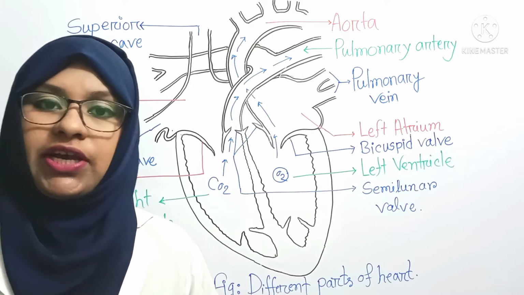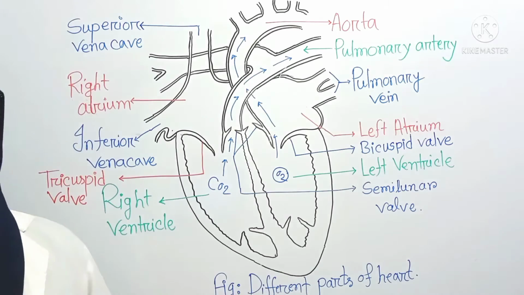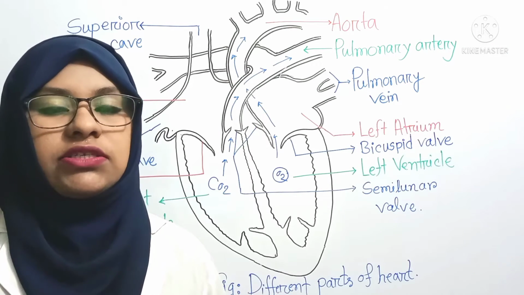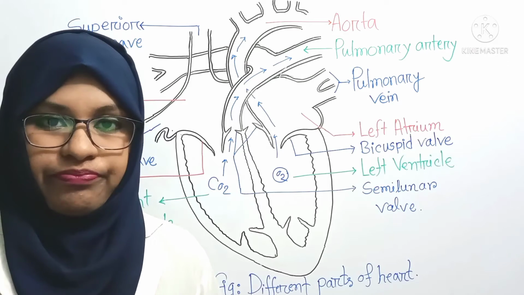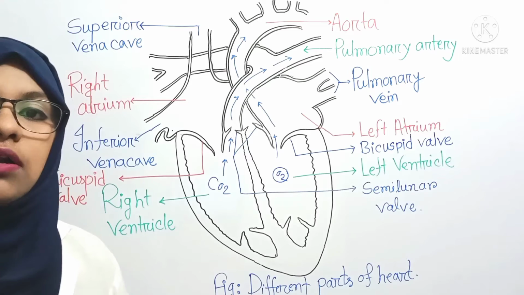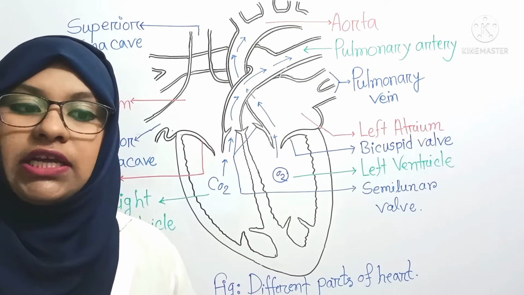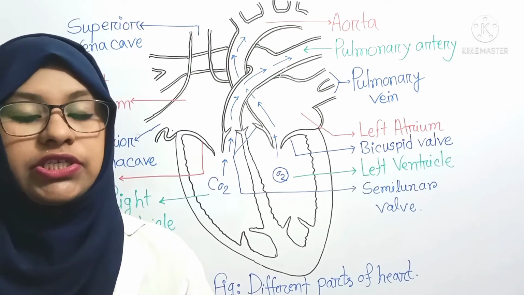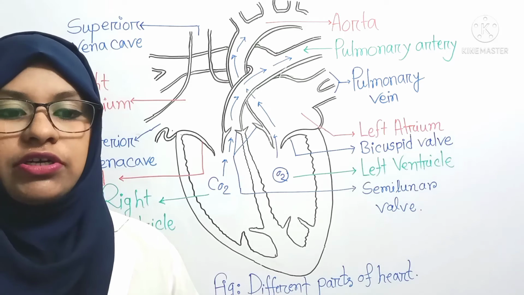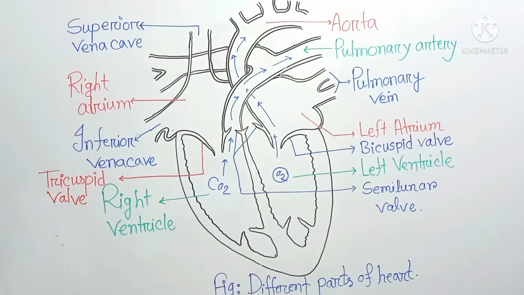Human heart is myogenic. That is, it contracts and expands without any external force. That's why it's called myogenic control. The whole process of continuous beating of the heart is called cardiac cycle. The atrium and ventricle are related to the expansion and contraction of the heart. Cardiac cycle consists of 4 steps.